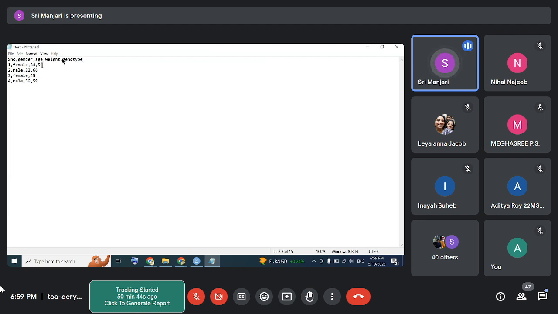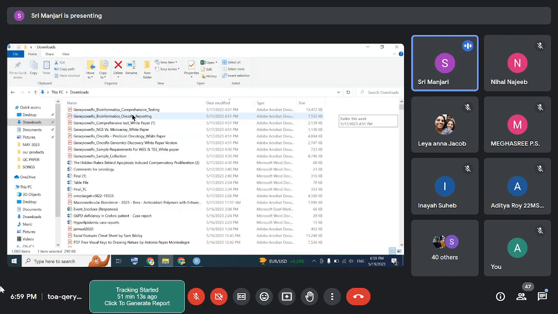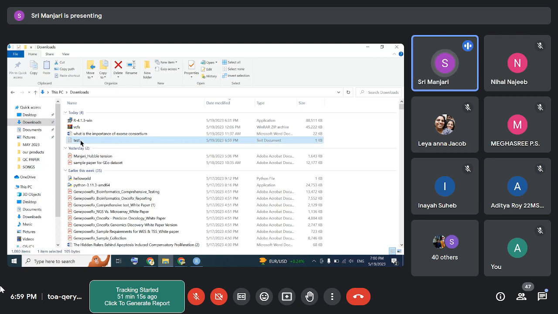So genotype can be given like P/G also, okay, comma, G/A, comma, A/A, comma, A/G. Now save this test format, and I'll change the name this time,